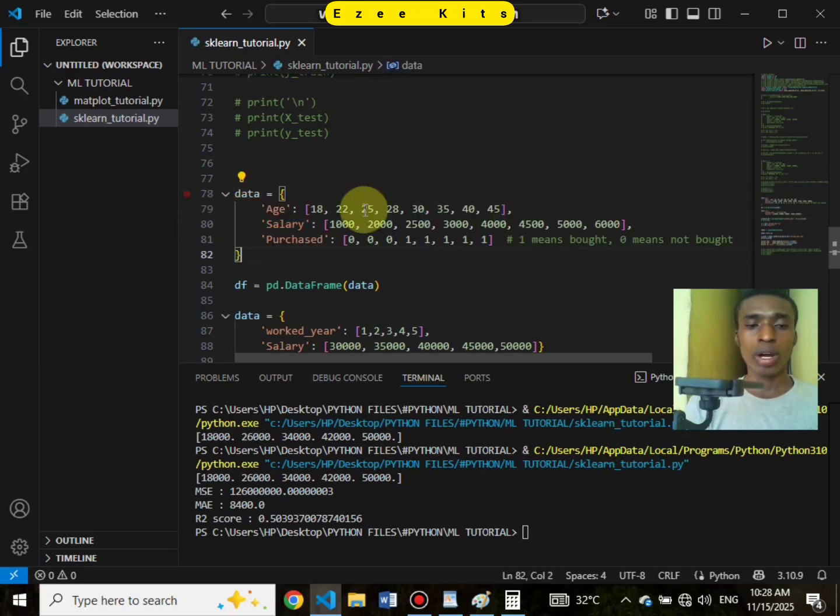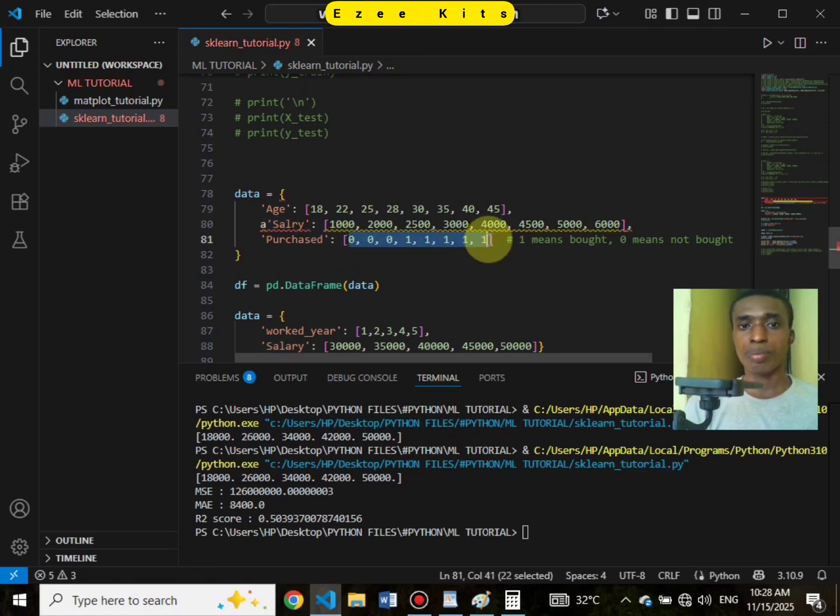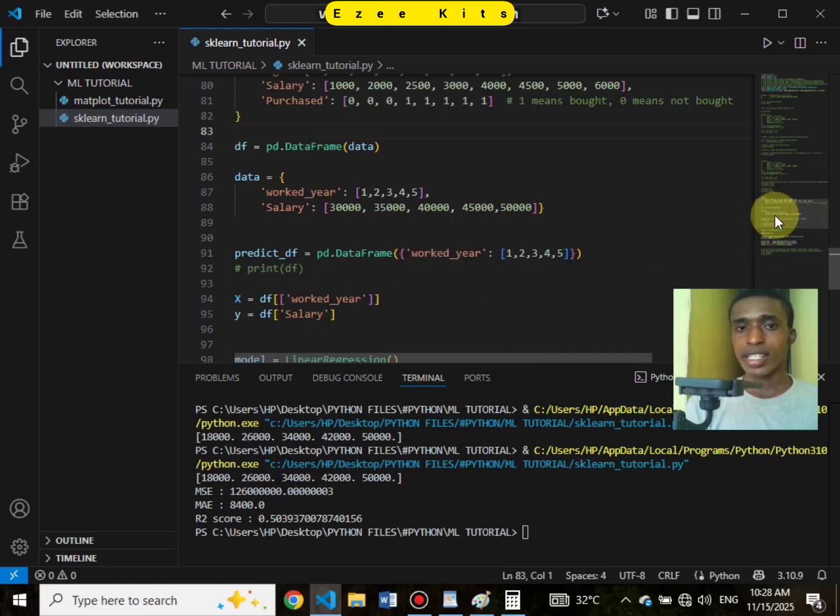I have the data we are basically going to use, which is the age, salary, and the purchase. Our target is going to be the purchase. This is a discrete value, and this is the best for a classification problem, since logistic regression is a classification problem. So we're still going to pass in the value that we